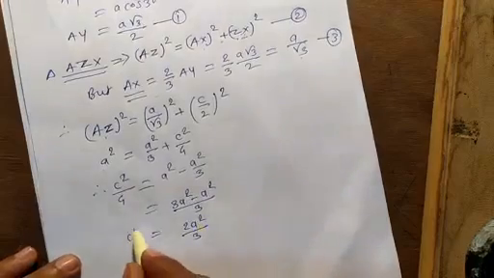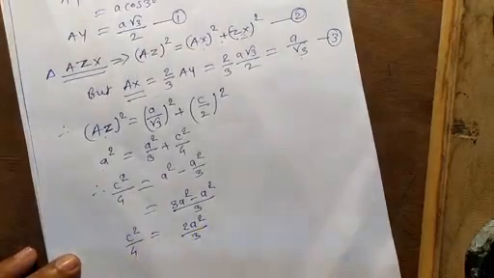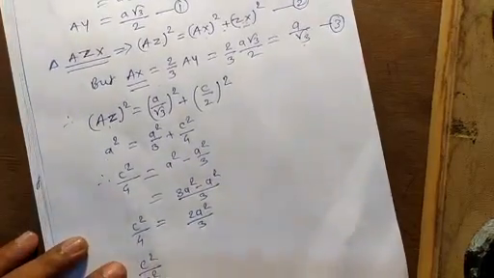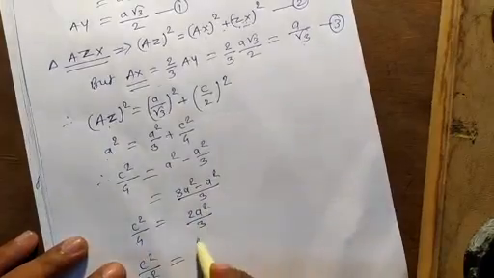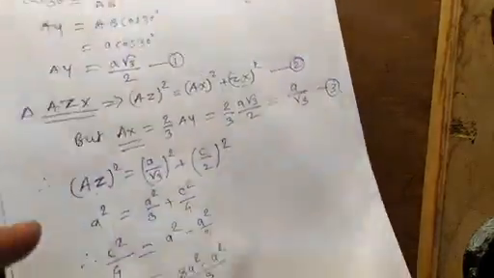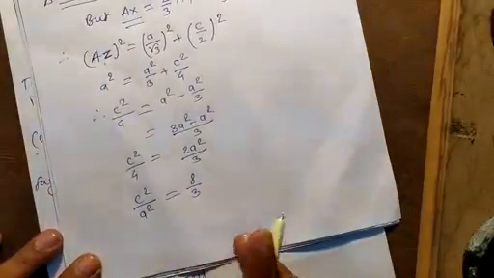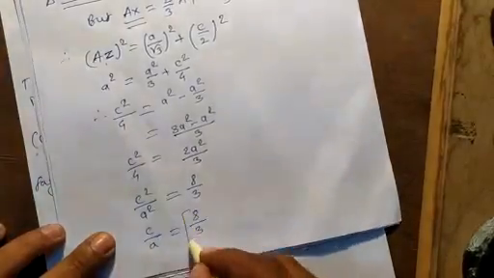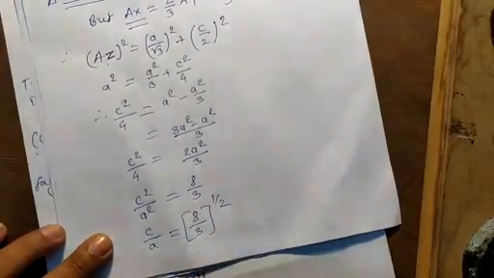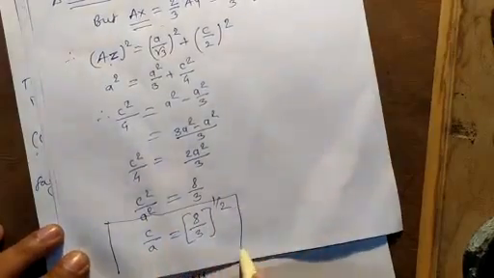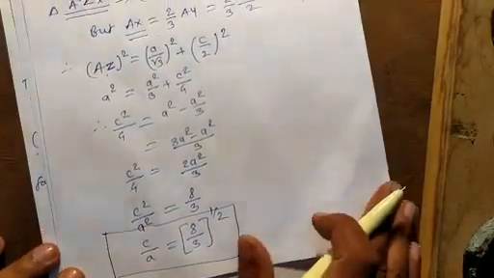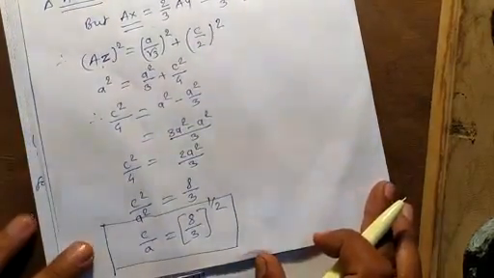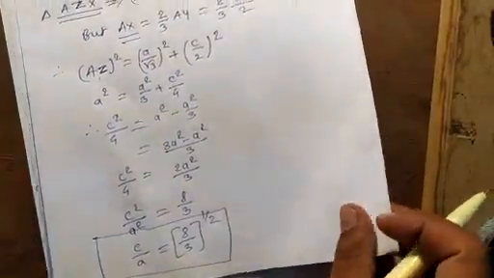Now this is equal to C square by 4. Take this 4 to this side and this A square to the left side. Therefore we get C square upon A square equal to 8/3. That is C by A equal to 8/3 raised to the power half, that is under root of 8 by 3. This is the C by A ratio. We have calculated this C by A ratio because we have to find out the packing factor of this HCP structure unit cell.